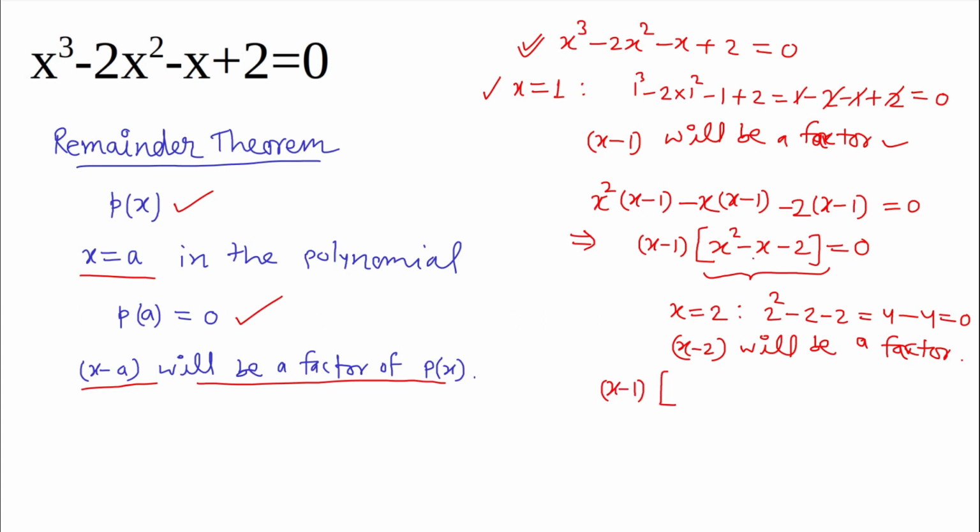Now for the second term, because it is a quadratic equation, we will write x minus 2 at two places. And this whole thing is equal to 0. So the first term here is x square, so let's write 1x here. x into x will be x square. And what next term will you get? When x is multiplied with minus 2, you will get minus 2x.